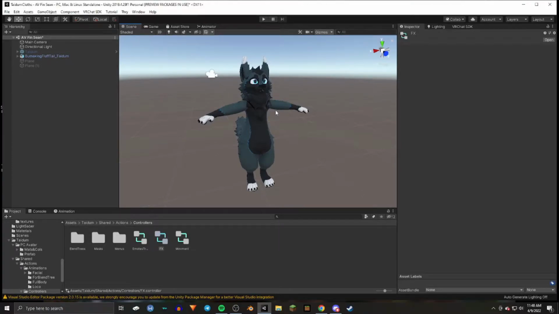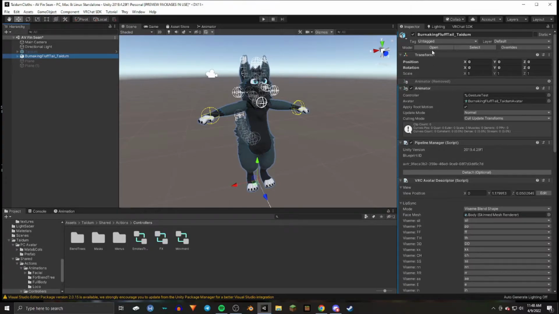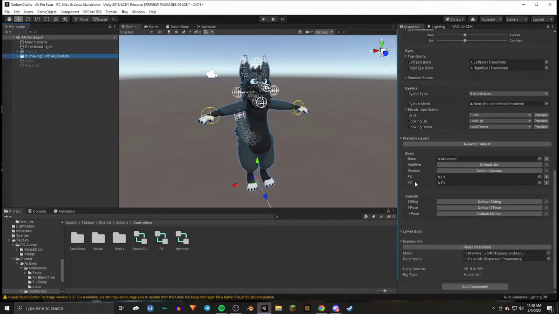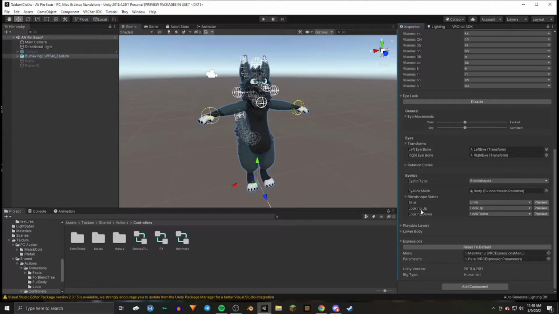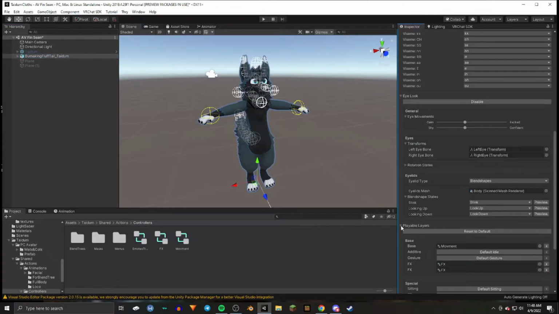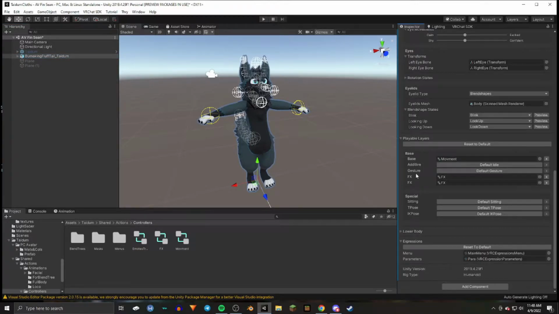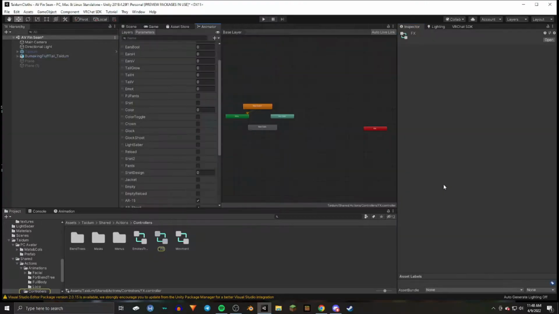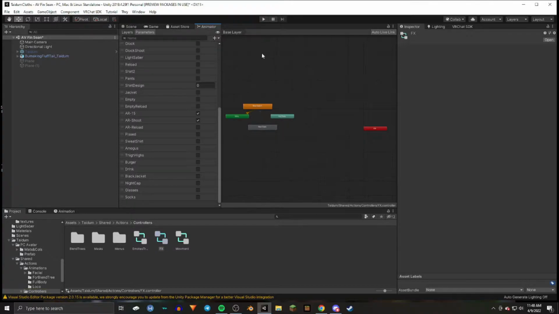So, how to create a Bool toggle. First, you're going to click your avatar, and then under Inspector, we're going to scroll down until we find FX. If it's not there, you'll see Playable Layers, which you can then just bring the drop-down menu for. You'll double-click on the FX, which will bring you to your Animator tab, which if you don't have, you can